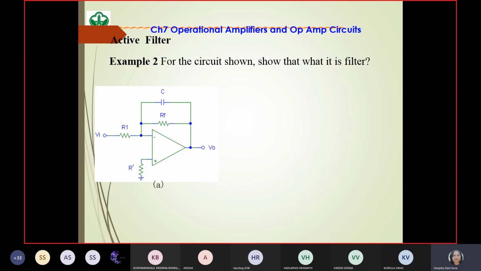Okay, that we will come later, but just have a look. It belongs to a one-pole, or first order, filter. But we don't know whether it is low pass or high pass. Before that, we have to find out whether the filter response we will get normally or inverted, because the RC component is attached at the negative input arm. Inverted, ma'am. Inverted. So is it low pass or high pass now?